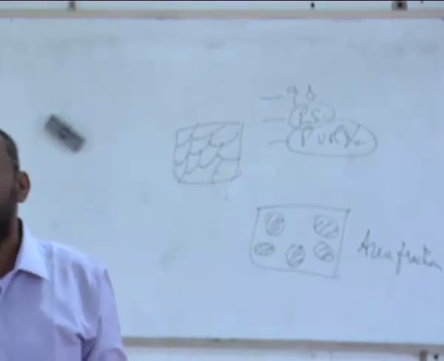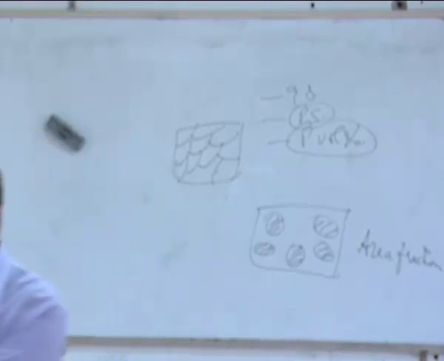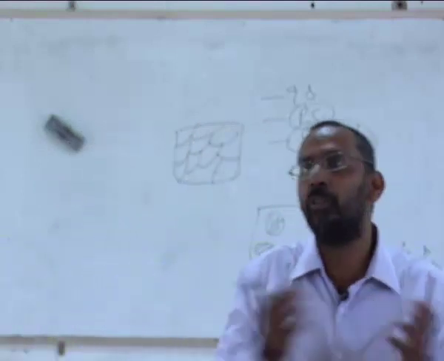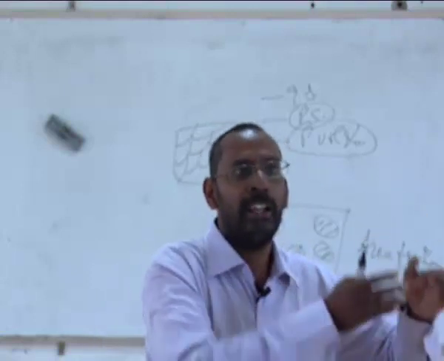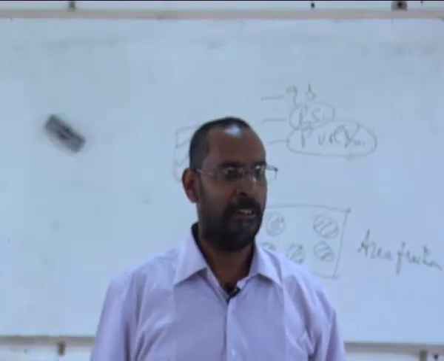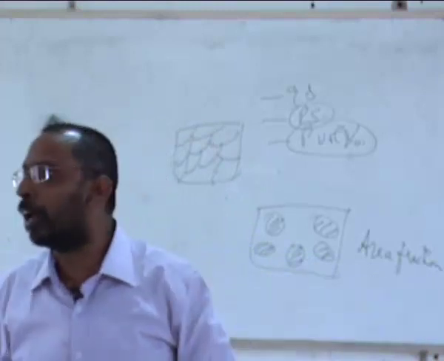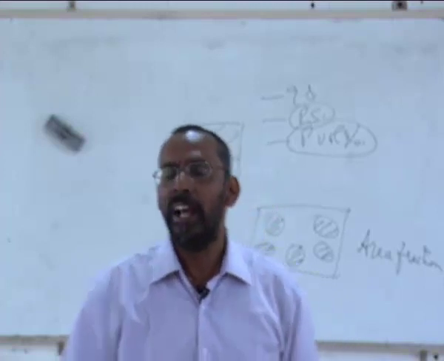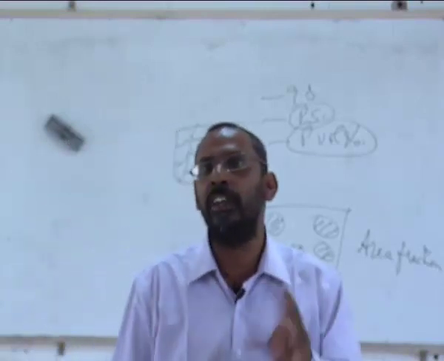That's where many a times we face a problem, because if I see one small region, you may see a very fine grain size, and I slightly move the sample to some other region, I may see a very large grain size, because the grain sizes could be inhomogeneous. Maybe I am seeing something very close to the surface periphery of the casting, where my grain sizes are very fine, and if I go interior, grains have become columnar in nature, I suddenly see a large grain size. So I may have different inhomogeneous grain sizes inside the material, and as long as there are inhomogeneous microstructures, it is very difficult to quantify them.